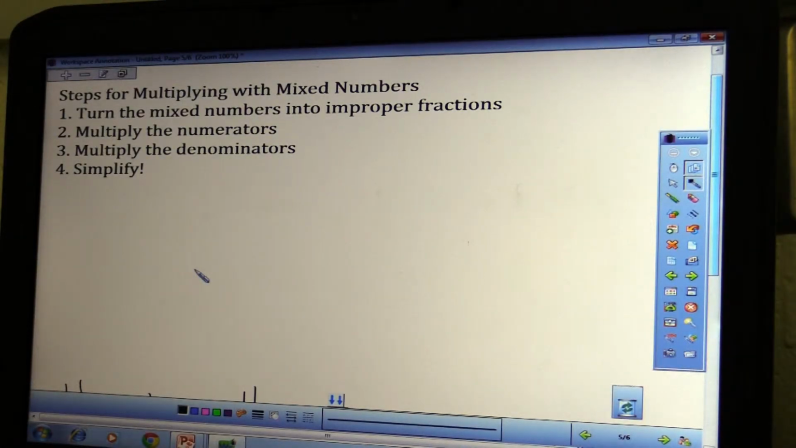Grade. This is Mrs. Haney. Today I want to talk about how to multiply mixed numbers. So let's take a look at 3 1/2